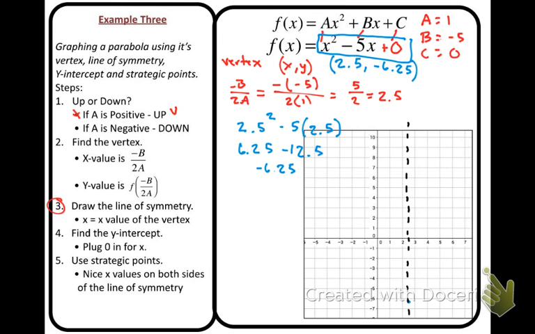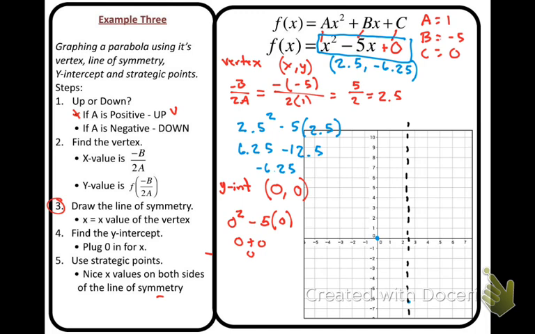Right there. Okay, now step 4, we had to find the y-intercept. And remember that you're plugging in 0, so it's going to be 0, comma, whatever we get. So it's going to be 0 squared minus 5 times 0, which is just 0 plus 0, which is 0. So our y-intercept is at 0, 0. It's at the origin. Right there. Okay. And remember